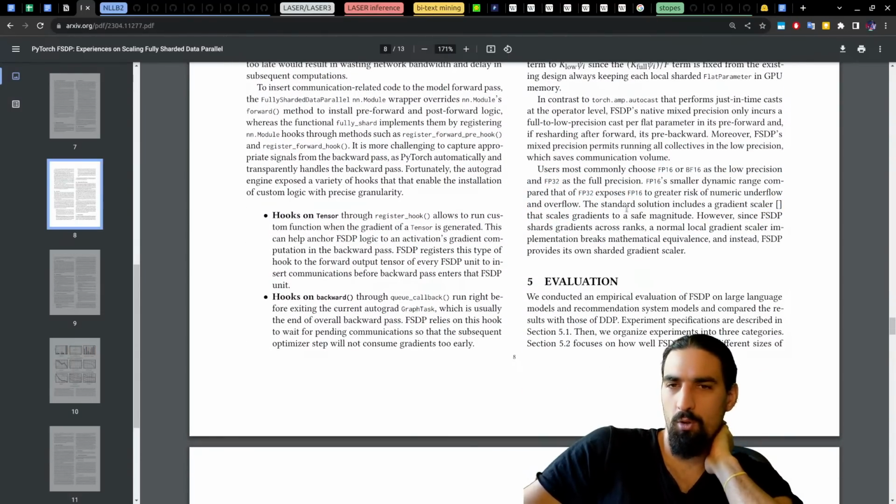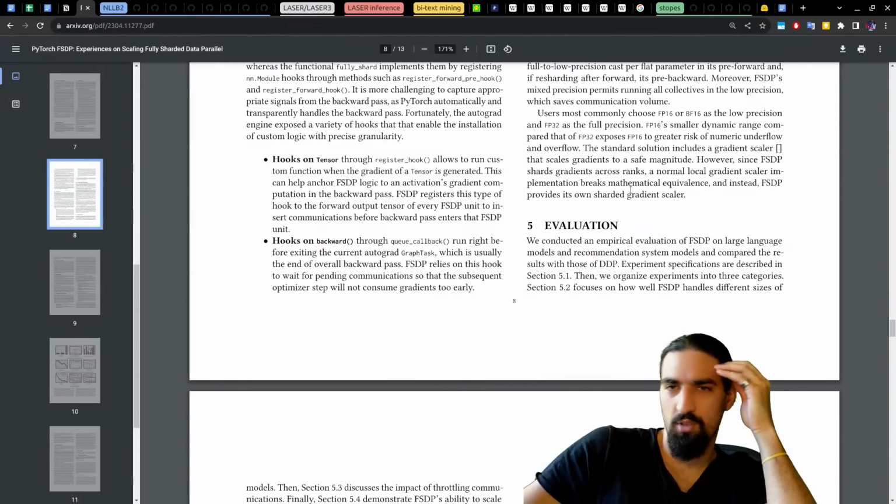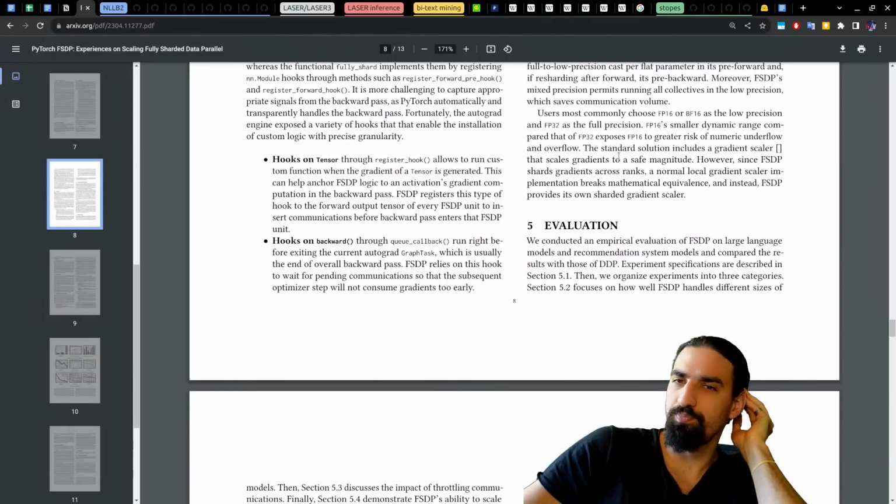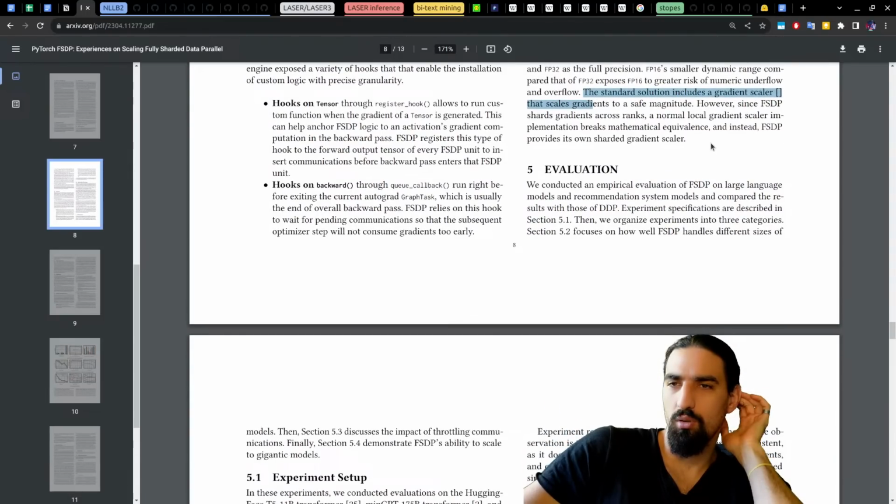Okay, just skimming over all of this, not really something we'll remember. Users most commonly choose FP16 or BF16 as the low precision. Higher risk of overflow or underflow.